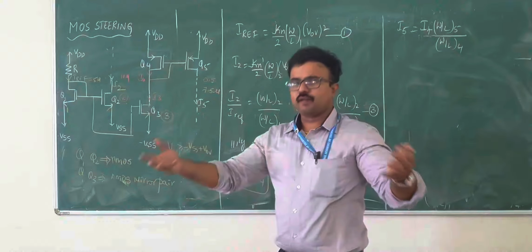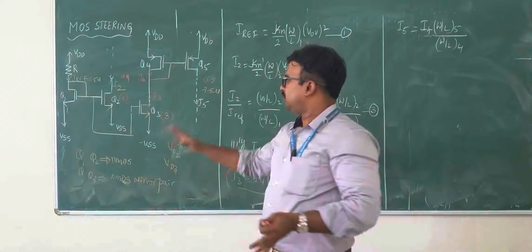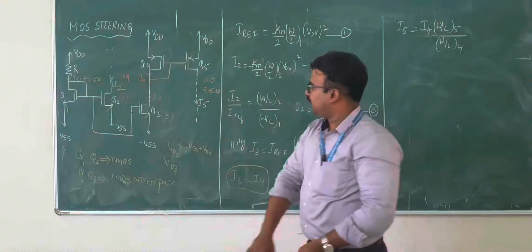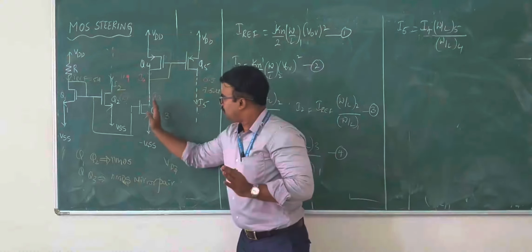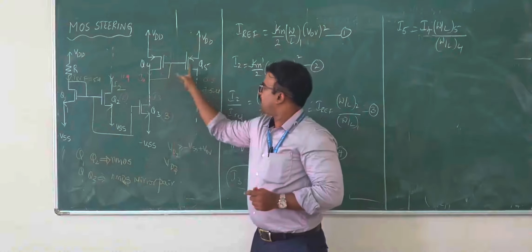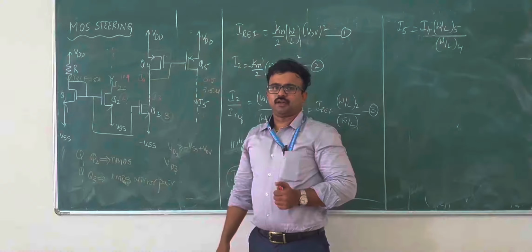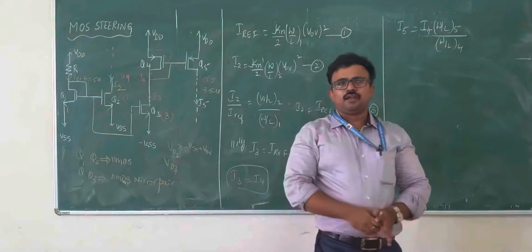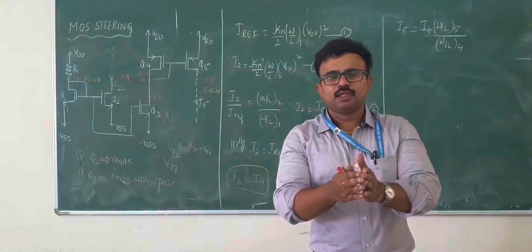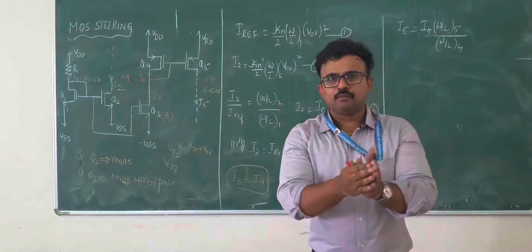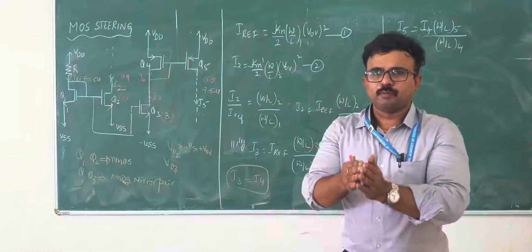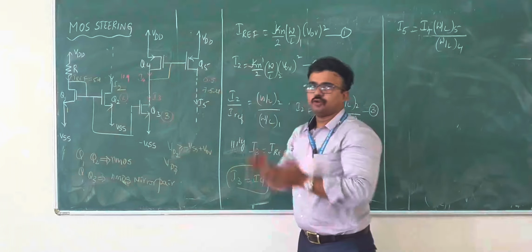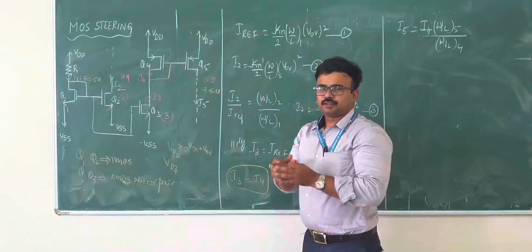When you make use of any of the other circuits, the bias points will be changed. And one more important thing, when you are designing this current steering circuit, Q1 and Q2 are to be in saturation, Q1 and Q3 are also to be in saturation, Q4 and Q5 are also in saturation, and all the transistors, whether NMOS mirror pairs, should be matched. When it comes to a PMOS mirror pair, those transistors are also to be matched.